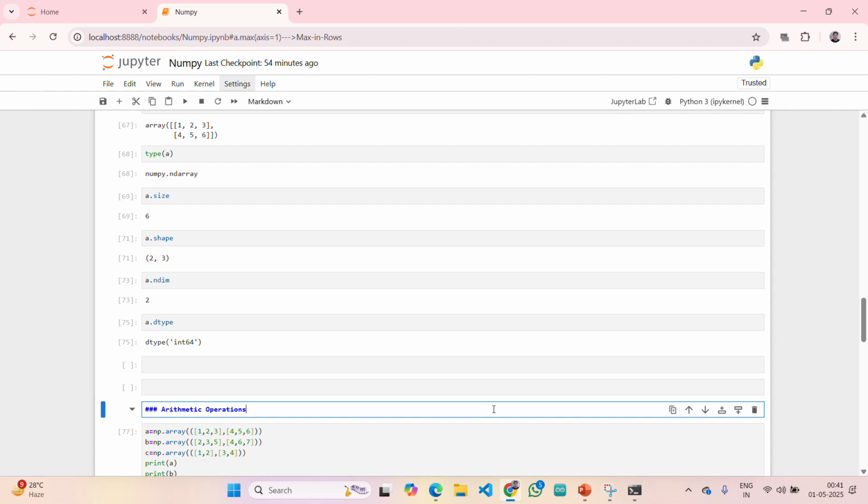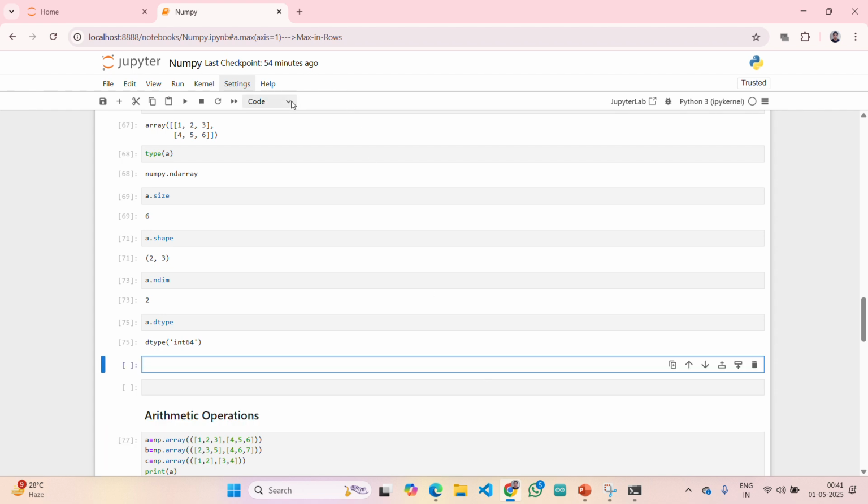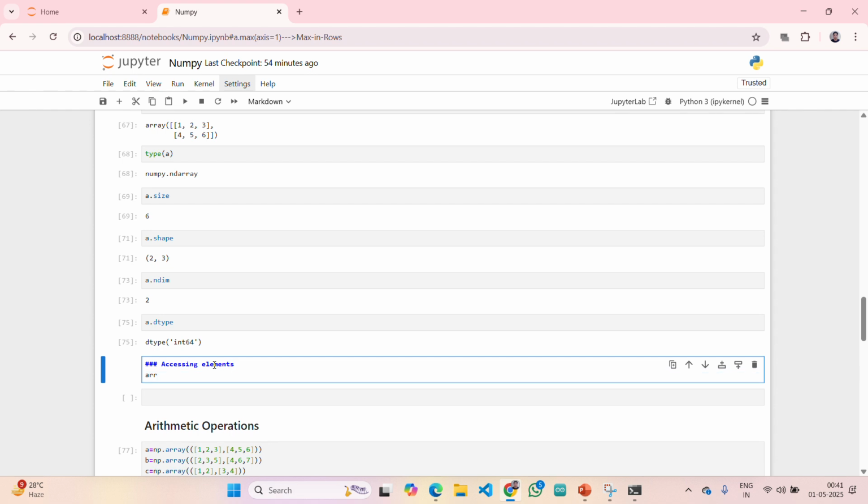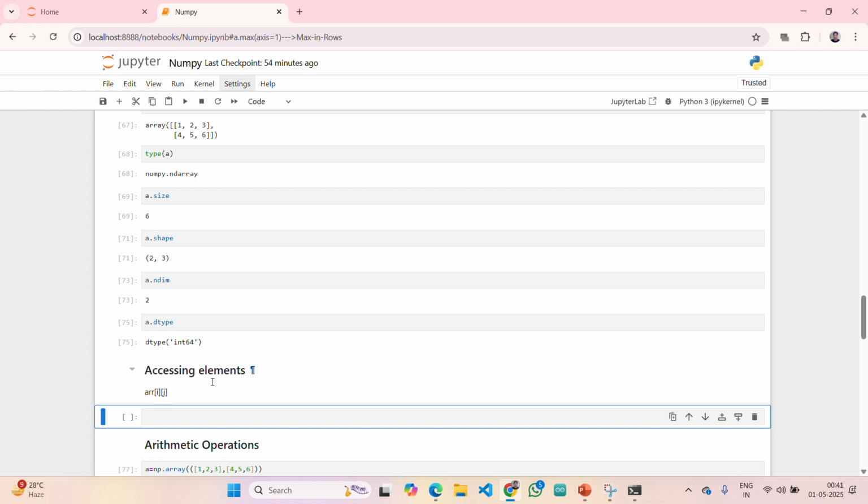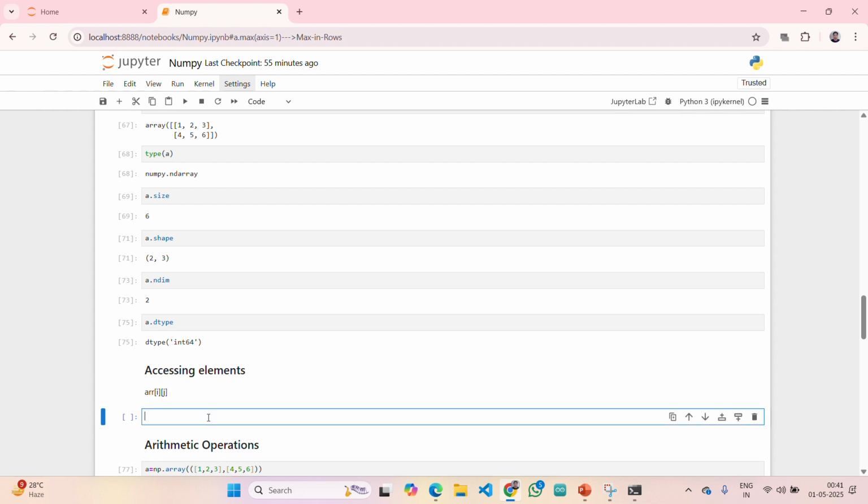I need two cells, one for markdown actually. Accessing elements. How do you access? ARR is our array name. Firstly, you will pass the rows, followed by the columns. So now similarly, let us consider A equals np.array